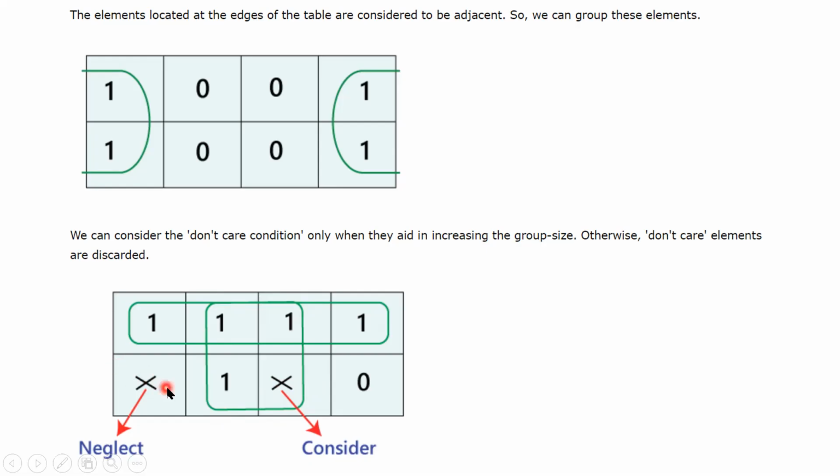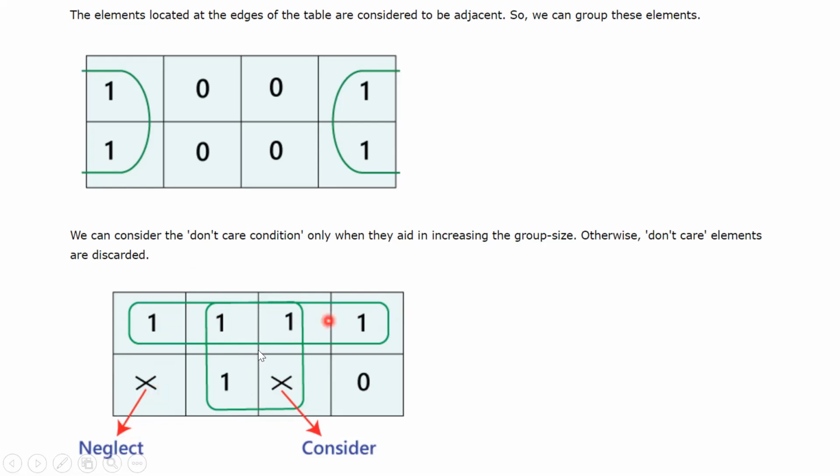At that time I am not considering this one, because if I take this one and do the grouping, this is towards the lowest mean term. Yeah, mean term. Okay, so that's why this is neglected. Otherwise you might feel, ma'am, this is also 4 1, so this can also be a group. No, this mean term is lower, right.